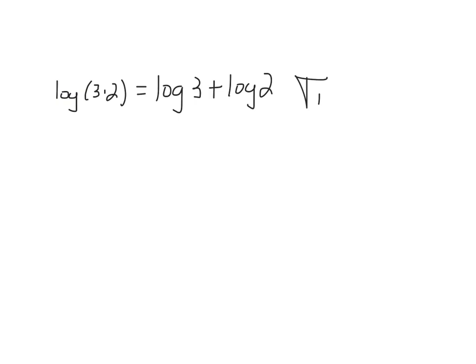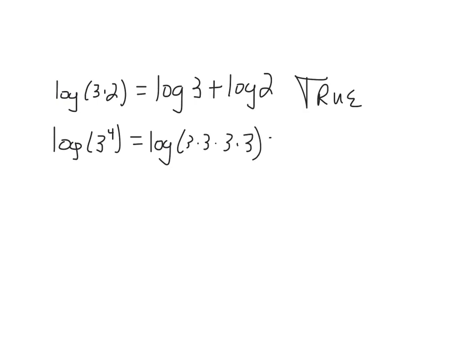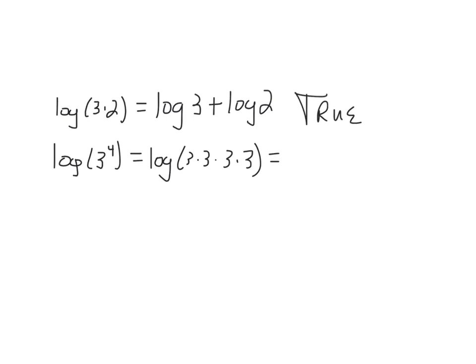Since that is a true statement, then the log of 3 to the 4th power is really like the log of 3 times 3 times 3 times 3, which then equals the log